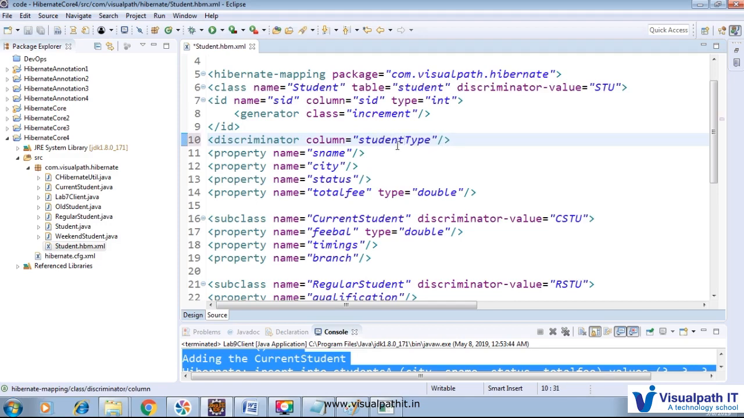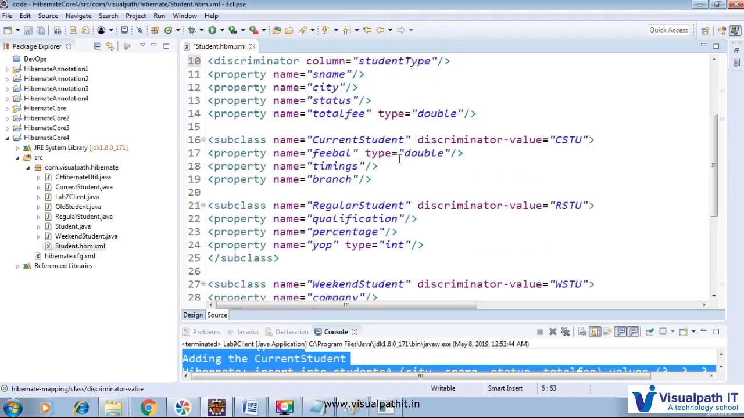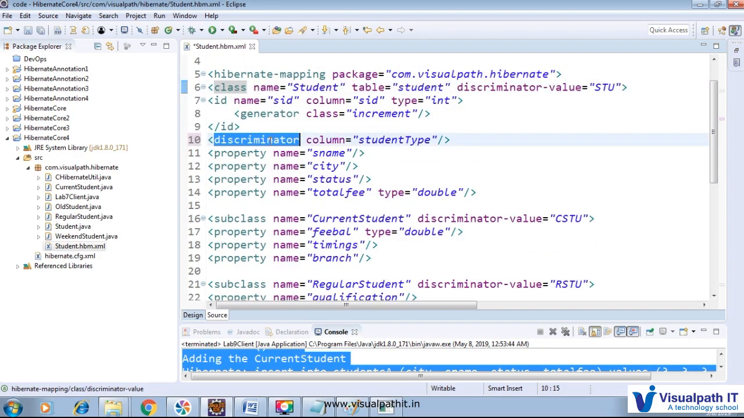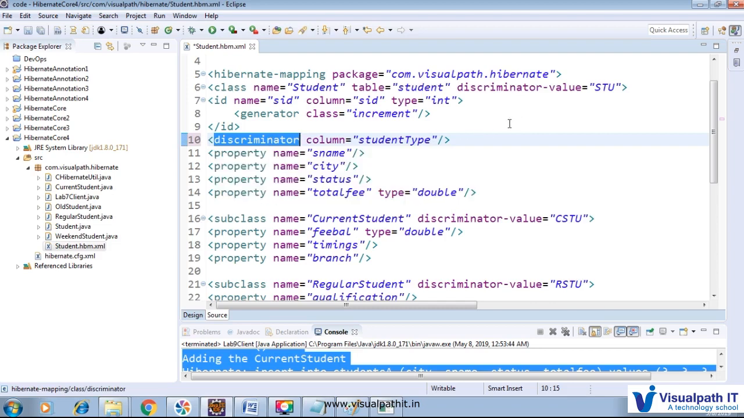So we created a student type column. If this information is related to a student class, then it will be stored as STU under that particular class. Before this, we did not utilize a discriminator when using a table per subclass configuration, but here